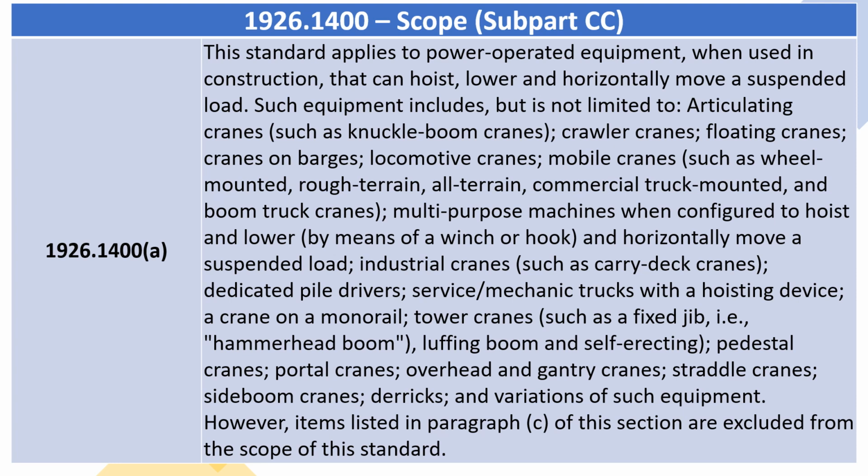1926.1400(a). This standard applies to power-operated equipment, when used in construction, that can hoist, lower and horizontally move a suspended load. Such equipment includes, but is not limited to, articulating cranes, such as knuckle-boom cranes, crawler cranes, floating cranes, cranes on barges, locomotive cranes, mobile cranes, such as wheel-mounted, rough-terrain, all-terrain, commercial truck-mounted, and boom truck cranes, multi-purpose machines when configured to hoist and lower, by means of a winch or hook, and horizontally move a suspended load,